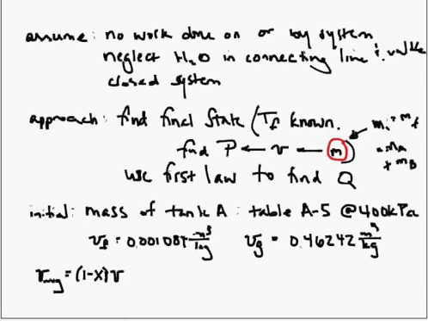Okay, I'm going to plug in these values. So this is my 80% quality, means x equals 0.8. So 1 minus x is 0.2. So when I plug in these values,